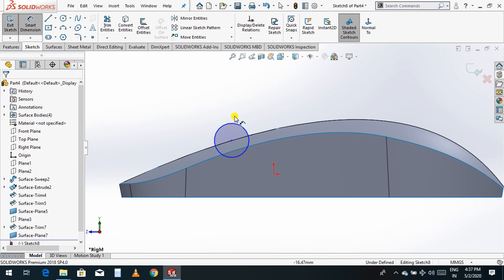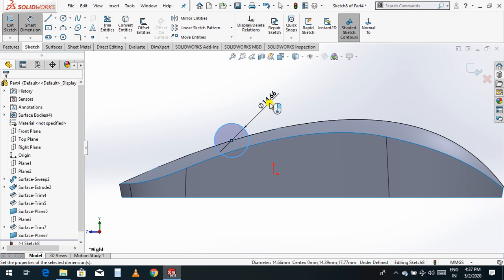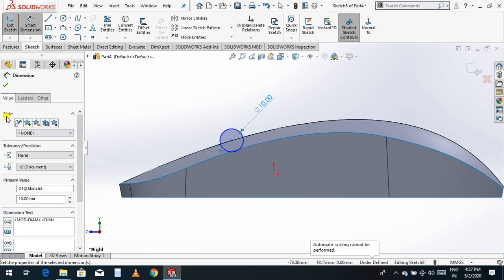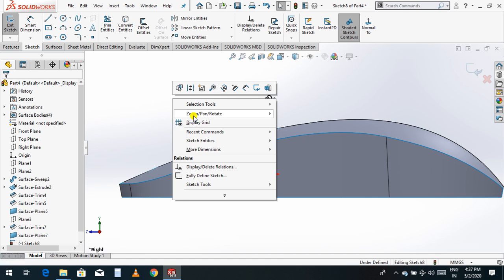And you can take the dimension 10 mm. Now just rotate.